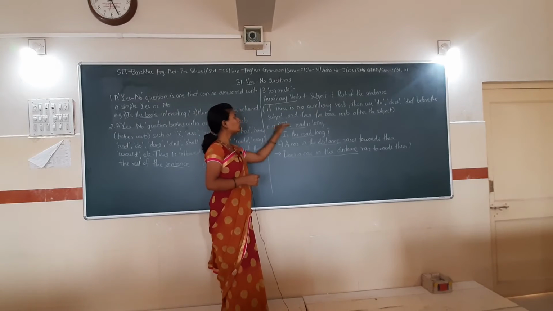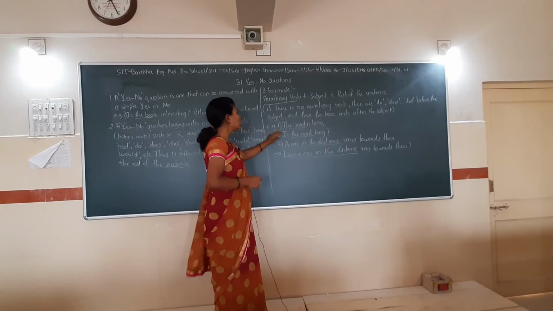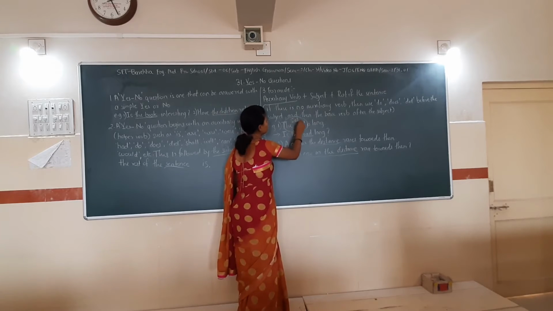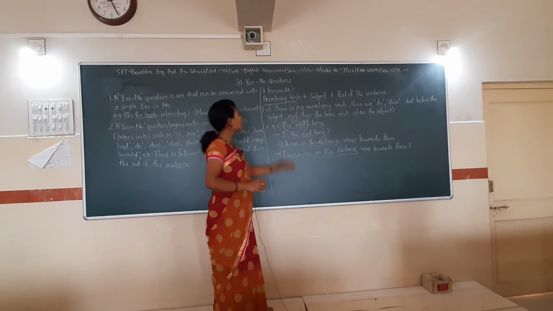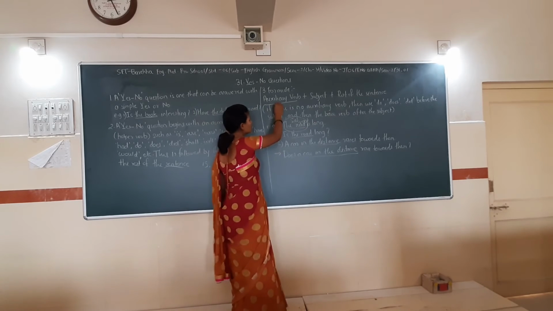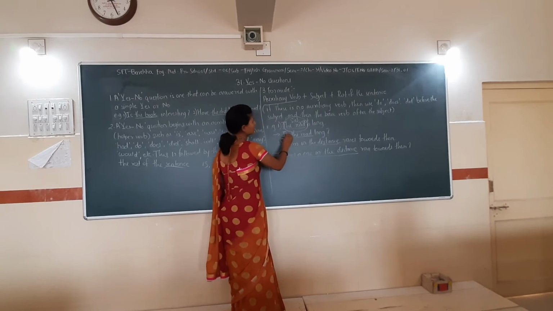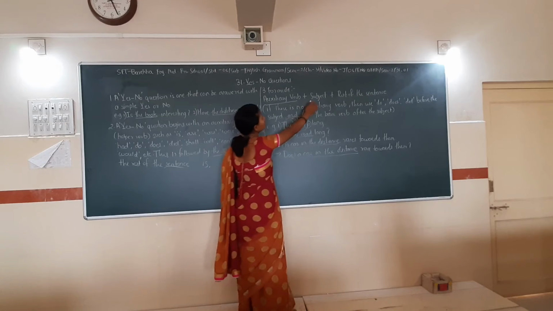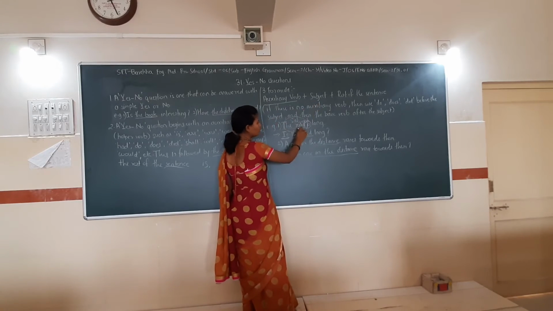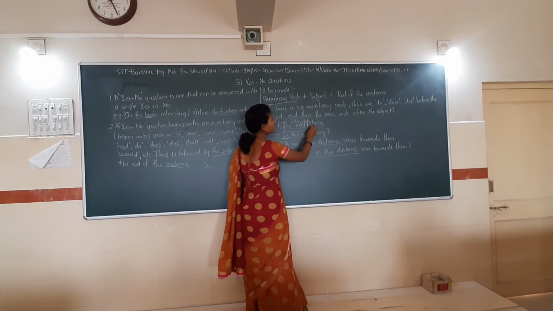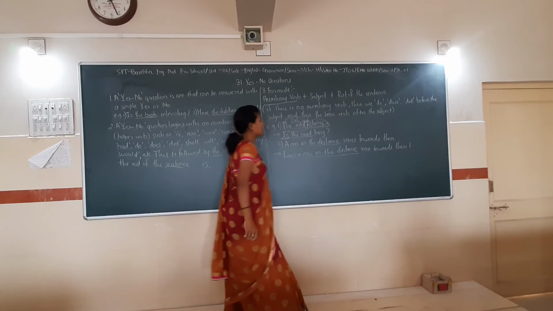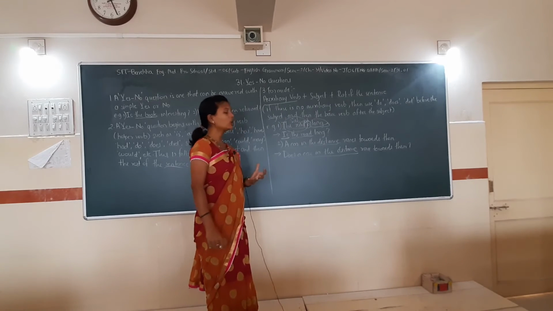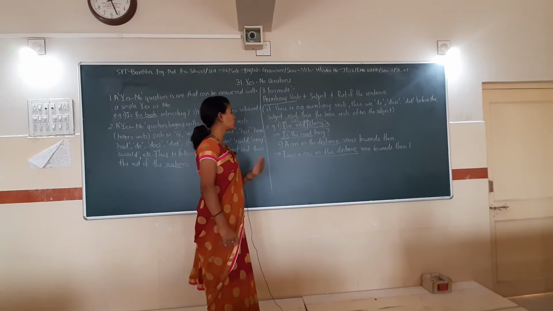See the example. The road is long. In this sentence, this is your subject, right? Now what is the formula? First you have to use the auxiliary verb. In this sentence your auxiliary verb is "is". Then what? Subject. What is your subject? The road. Is the road. Then the rest of the sentence is long, and after that a question mark. Is the road long? Your answer will be yes, the road is long, or no, the road is not long.